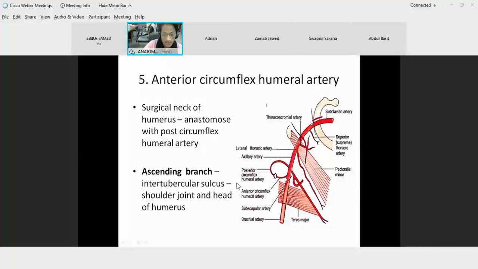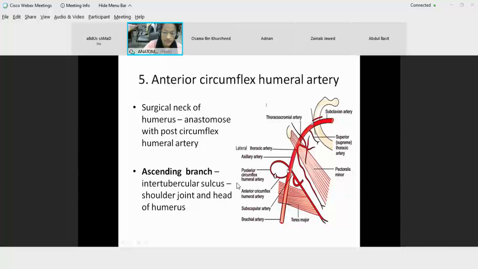The class on bone humerus is taken for you. When you will be taught about humerus, you will study that humerus has a surgical neck. This anterior circumflex humeral artery is passing in front of the surgical neck of humerus, and it is anastomosing with